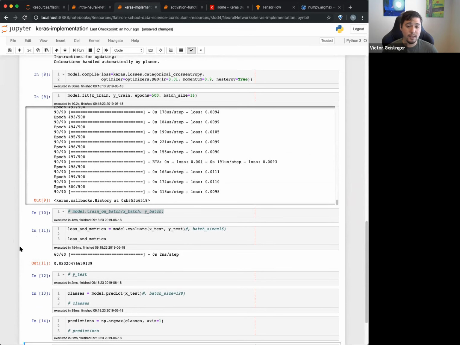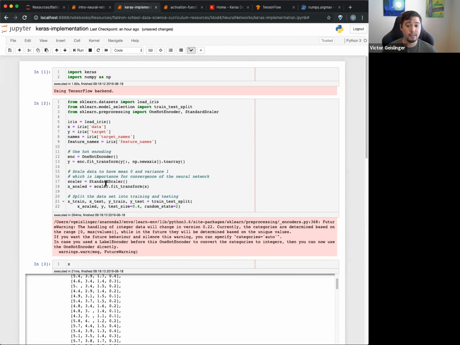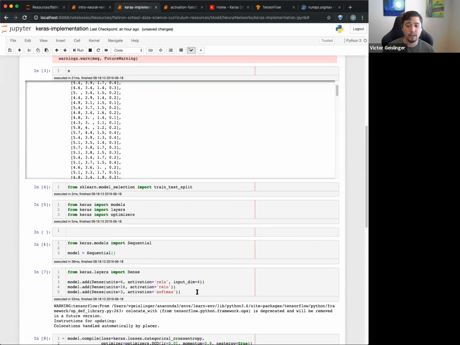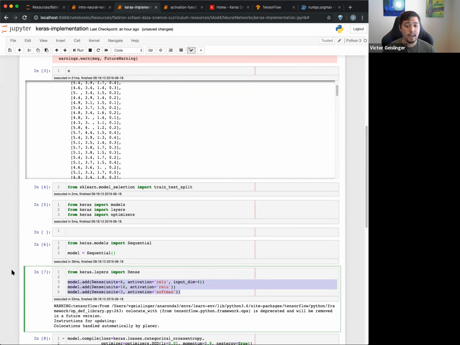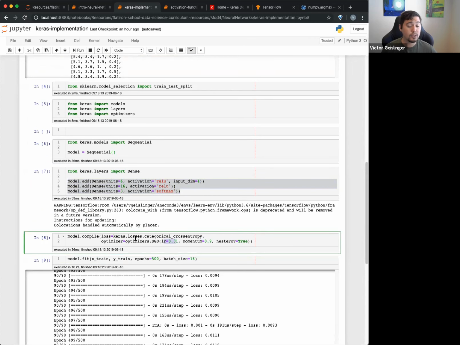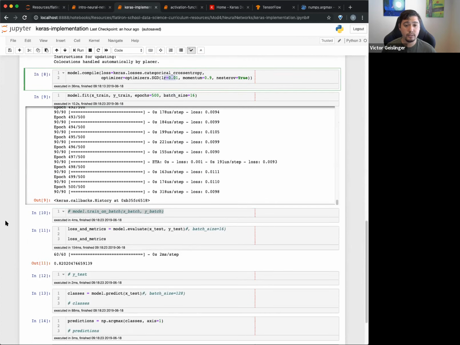Okay, so that's essentially how to train a neural network with Keras. And you can see it's not too bad to actually put this out. The hard part is actually trying to figure out this structure right here, and then adjusting the hyperparameters, which are things like the learning rate, momentum, what optimizer you use, what your loss function is going to look like, all this stuff. So any questions, Asad?